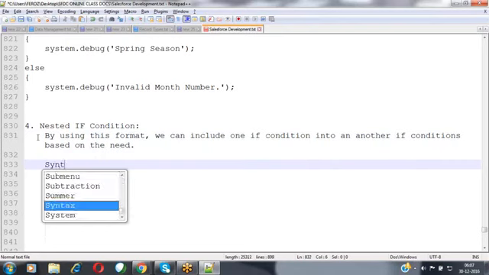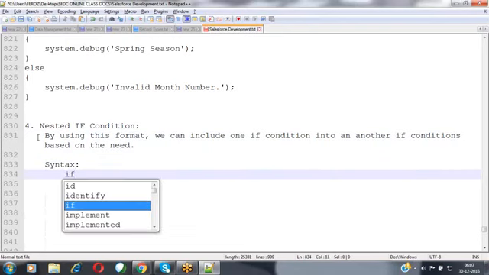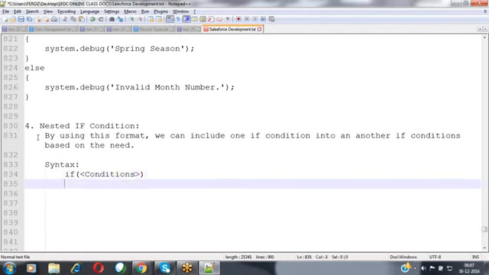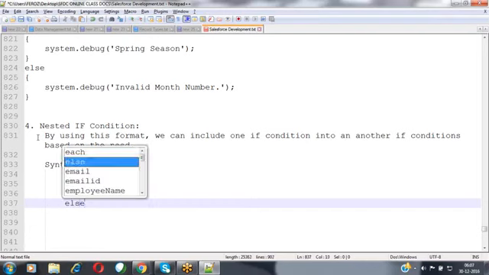For example, here we are writing one if conditional statement. We are writing some conditions. For these conditions, I also have an else part.